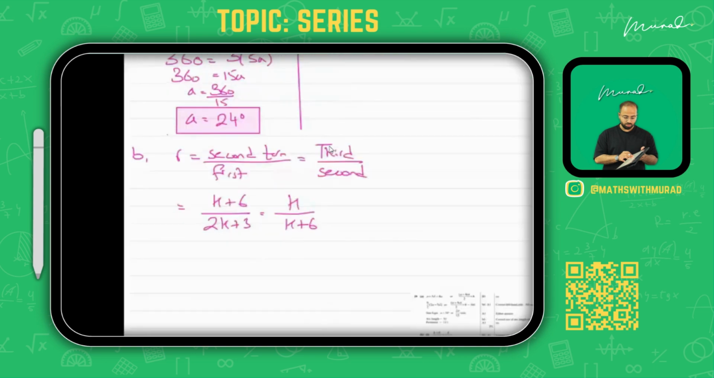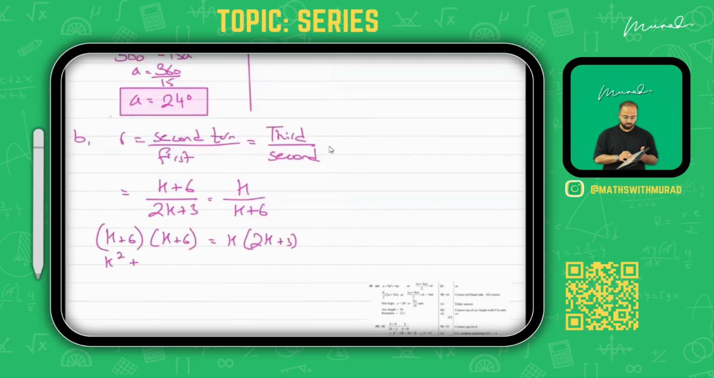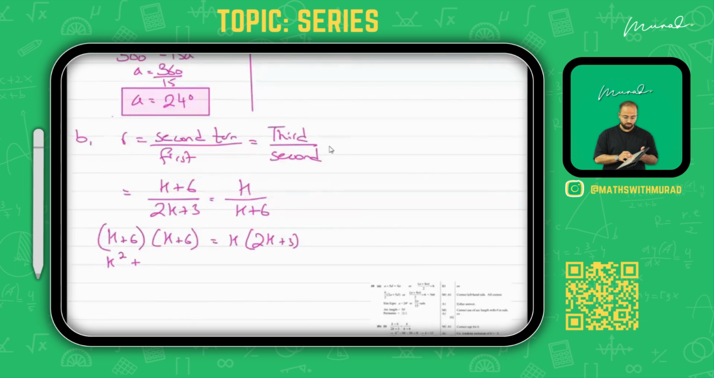So now I cross multiply both of these. After cross multiplying, we have k plus 6 and k plus 6, and this is going to be k times 2k plus 3. After multiplication, this is going to be k square, and this will obviously be k plus 6, so I'm going to expand it as the whole square of k plus 6. This is going to be k square plus 12k plus 36. This will become